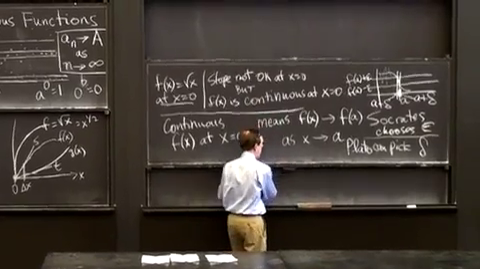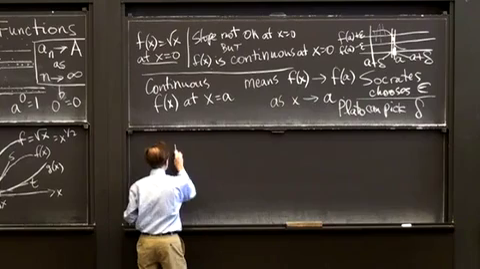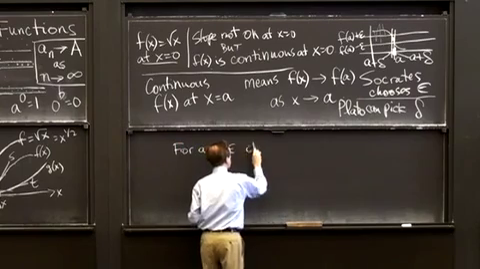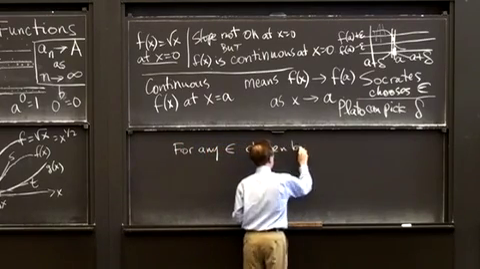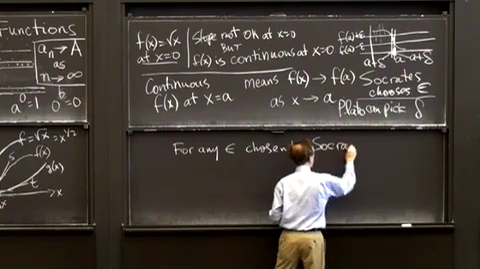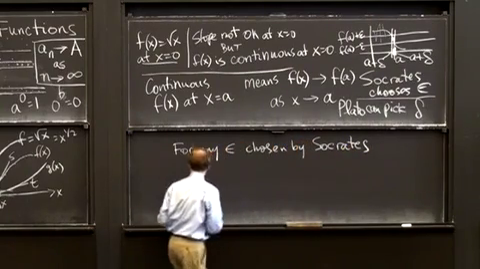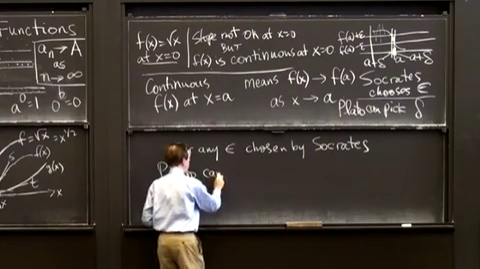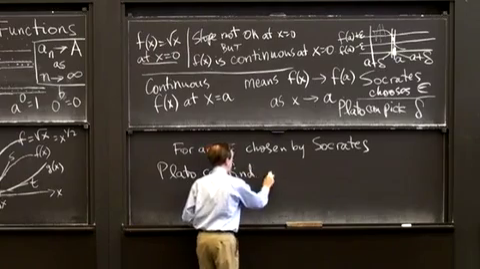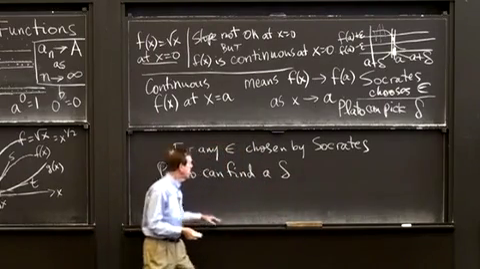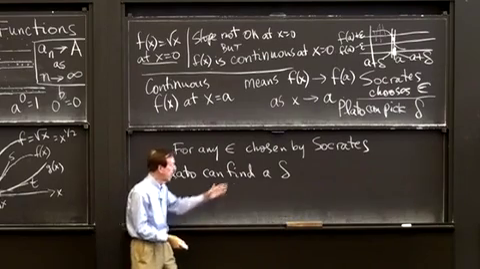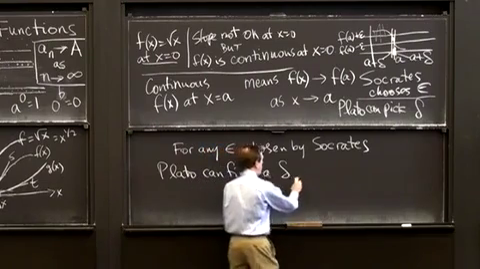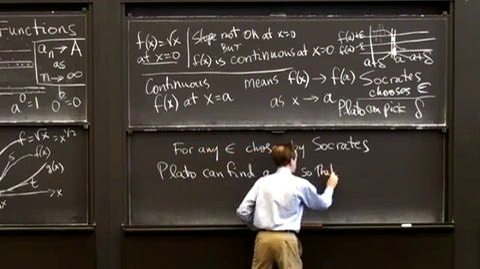The logic goes, for any epsilon chosen by Socrates, Plato can find a delta, a positive delta. The epsilon, of course, was some positive number. Delta might be an extremely small positive number, so that if